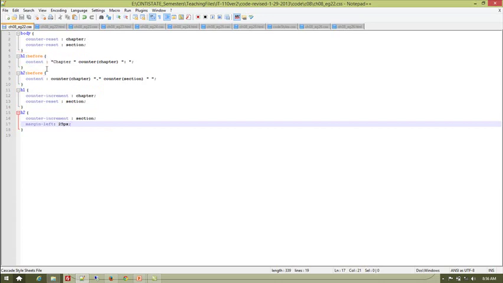Well, that content is a string. It's going to literally say "Chapter " with a space after it, and then it's going to insert the counter, and it's going to grab whatever is in the chapter counter at that time. And then after that, we just close it with a colon and a space,